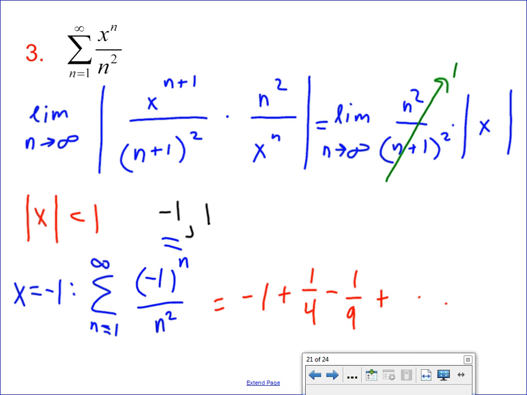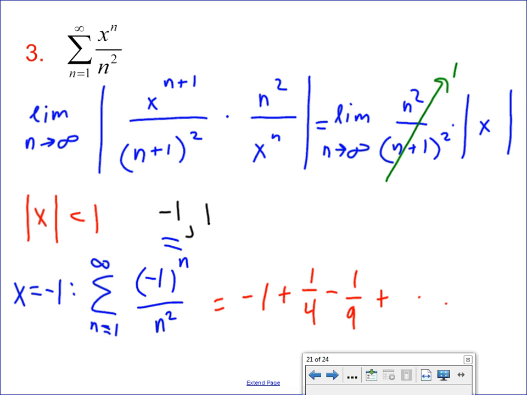Conditionally? Diverges? This converges by p series. It's an alternating series, so this converges. But what about the absolute value? In absolute value, would this converge or diverge? It converges by p series in the absolute value, meaning that negative 1 is included not only for convergence, but